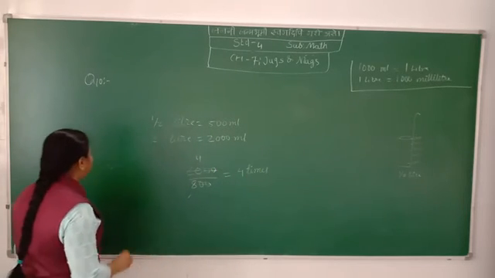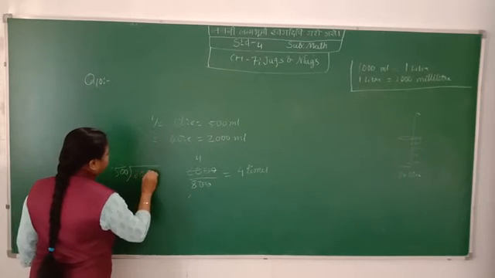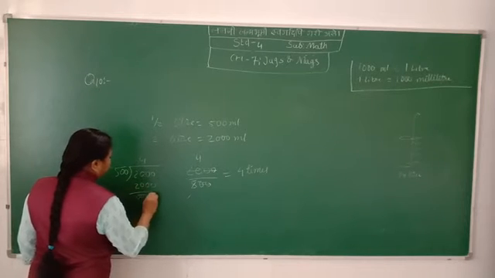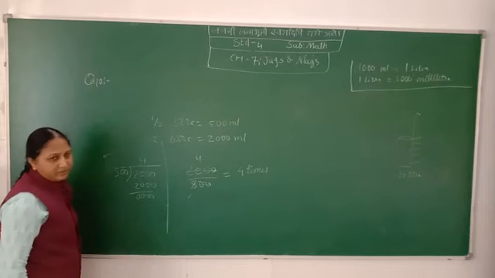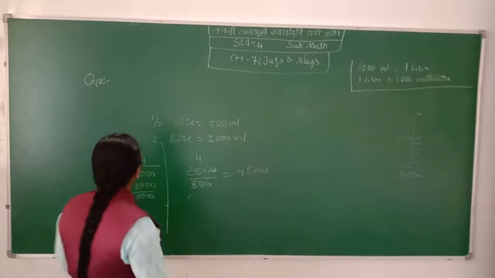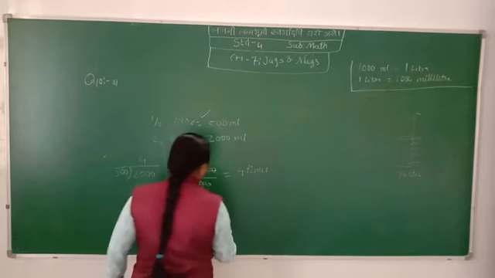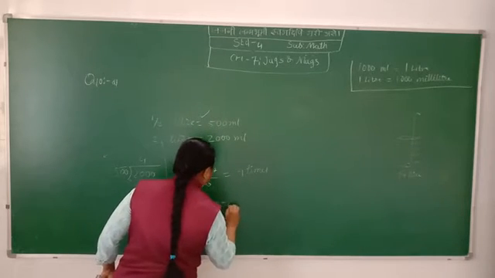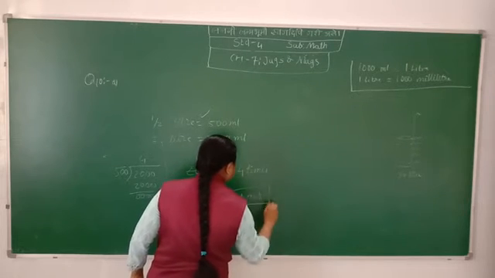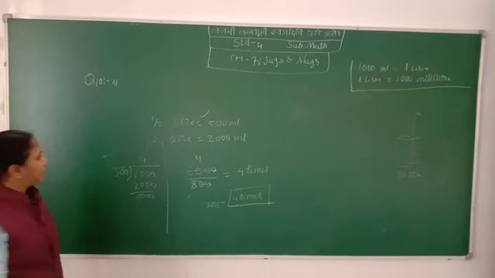Or you can do it this way also. Both the patterns are similar. So how many times does he have to pour? 4 times. So what will be the answer to question A? 4 times. Understood? Now, question number 2.